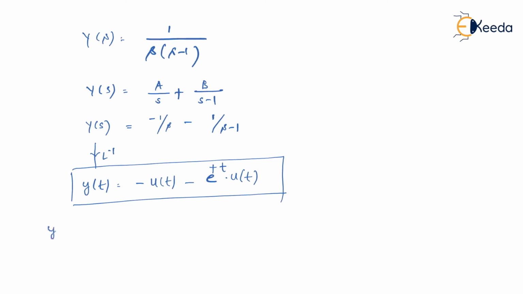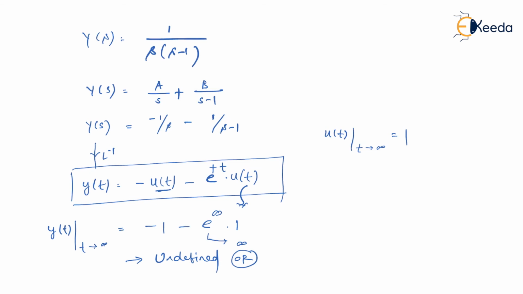And what you wanted to have is y of t when t approaches infinity. Let us substitute. When t tends to infinity, we know that u of t is a step signal, and a step signal always has its amplitude equal to 1. So minus of u of t will have amplitude minus 1 even though time approaches infinity. Then e to the power infinity is infinity. Please understand, u of t, even though t approaches infinity, is always 1. So of course this would be undefined,